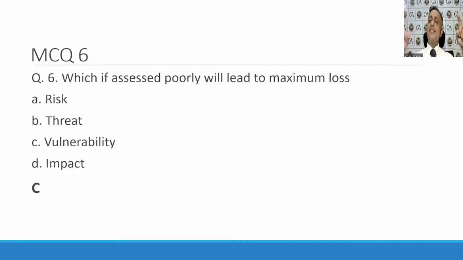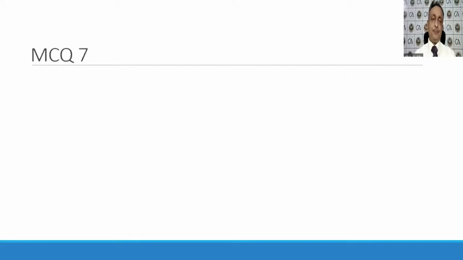The next question is, this question is not an MCQ, it's a direct question. Give a thought to it. I've given a live example to you right now. If I do not make assessment of my vulnerability properly, what thing will I not put in place? Try to answer this. Let us go to the next question. So you are all answering this question: if I do not assess my vulnerability properly, what will I not be able to put in place.